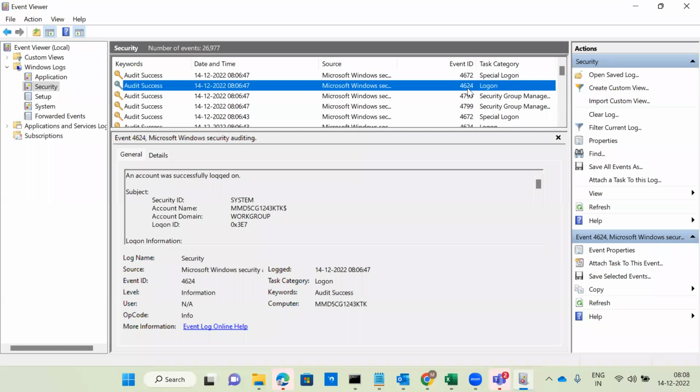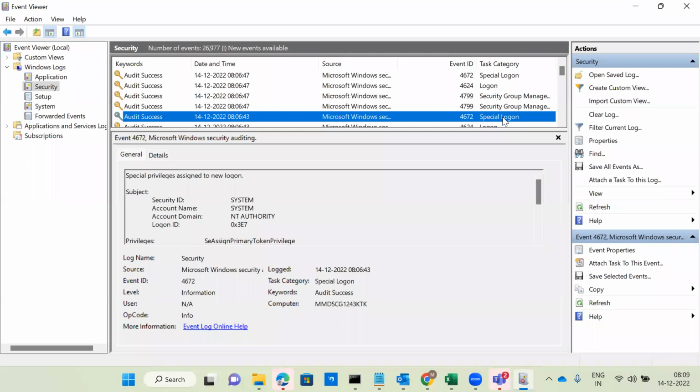Here you can see 4624 logon. 4625: in case I enter the wrong password, 4625 will generate. And 4672 is special logon. They will ask, other than 4624 and 4625, can you provide some of the other event ID numbers? For example, 4672, special logon.